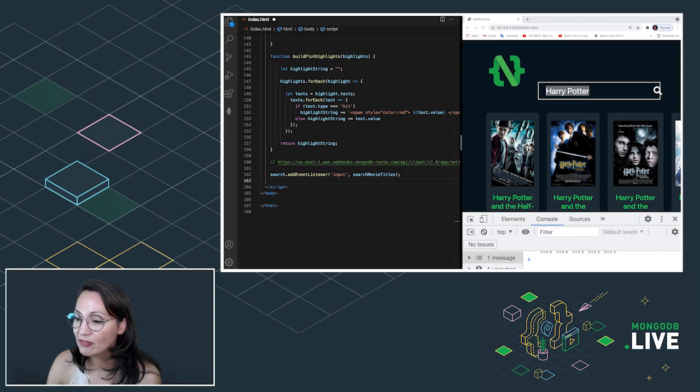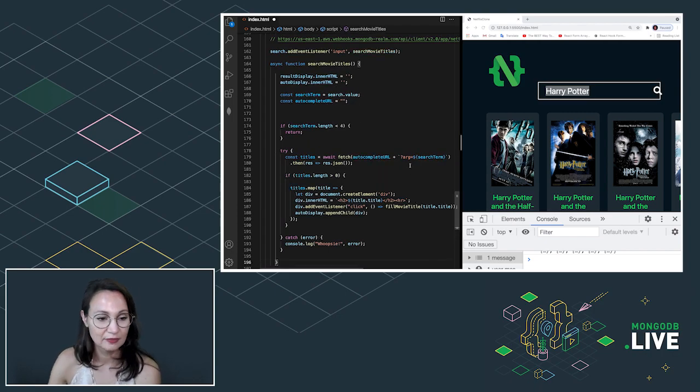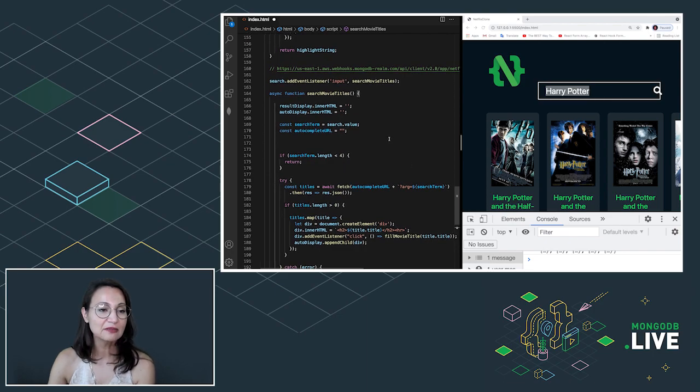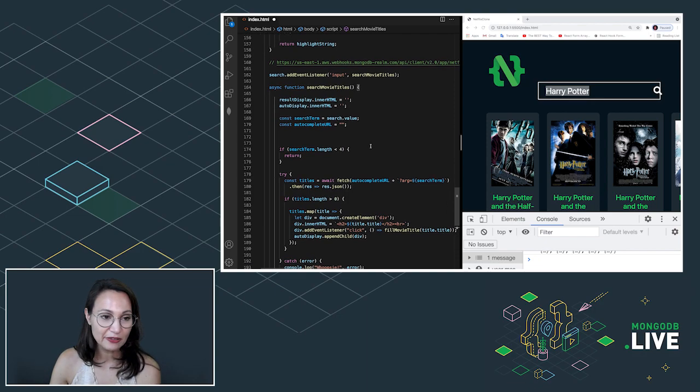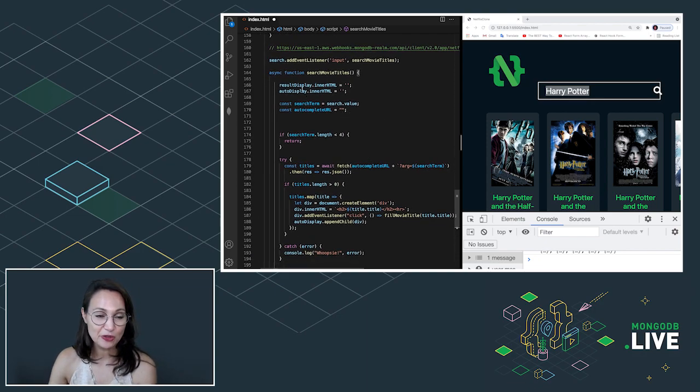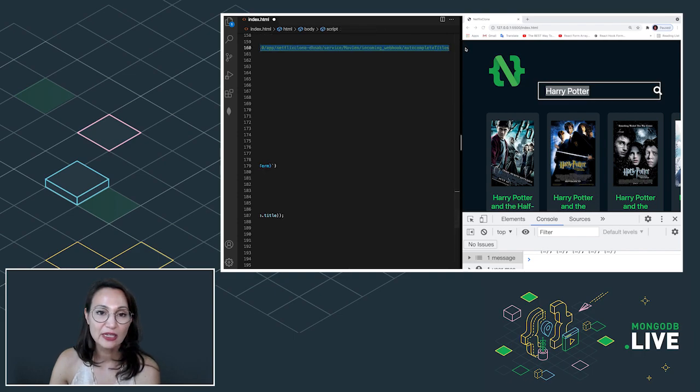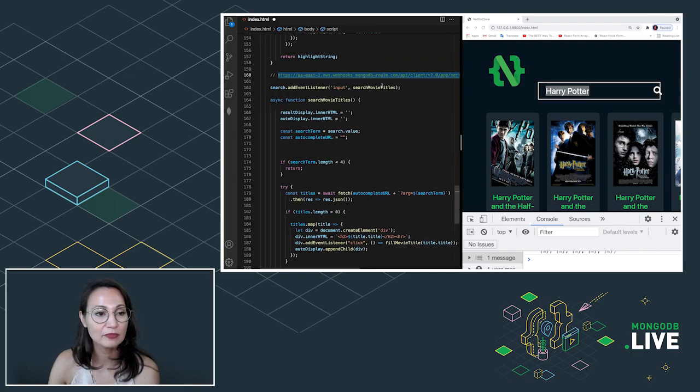And then you can grab that function. Inside that function, it's going to be just like we did for search movies. It's asynchronous. I have the search term, and then the autocomplete URL is going to be that webhook that we just created.